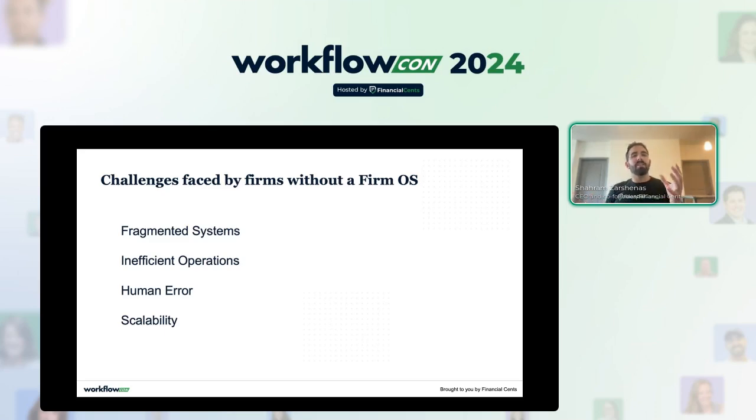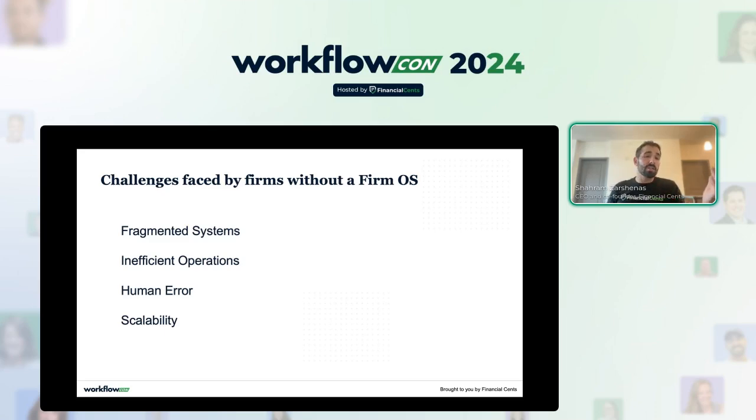So those fragmented systems are switching costs on both your firm and client side. This creates inefficiencies also for your team, right? So one, when you hire new team members, you're having to train them on several different solutions and teach them where to go for all these different things. Same thing with the client, right? This kills productivity because they're asking a lot of questions or they're spending time looking for things.